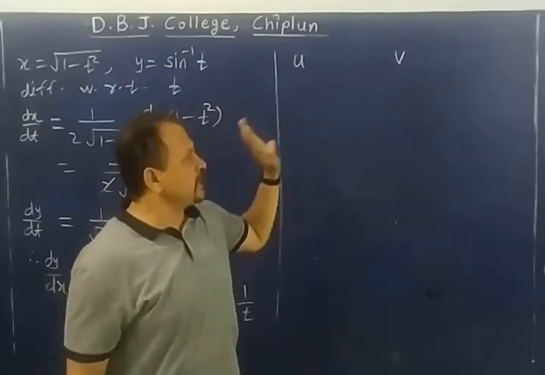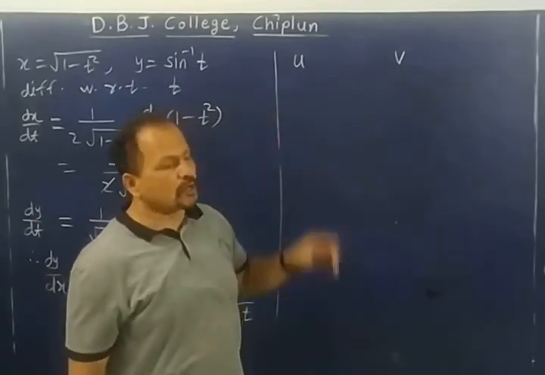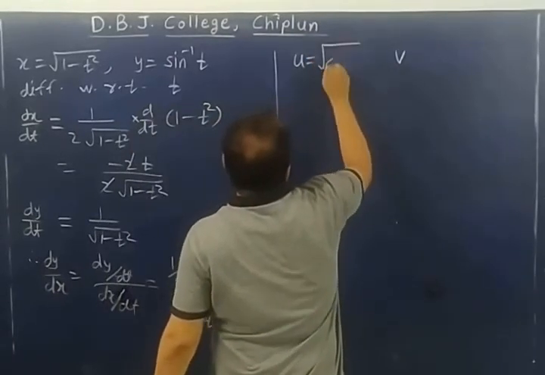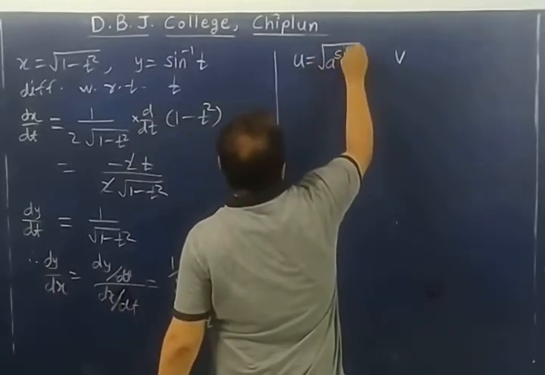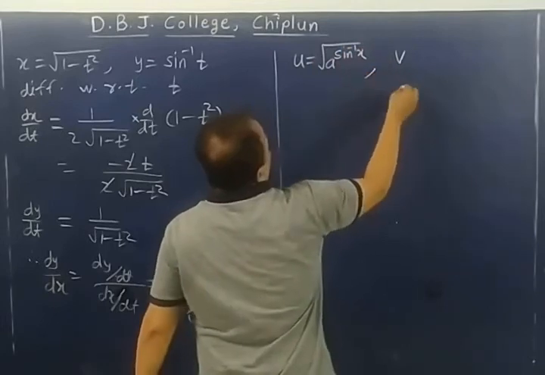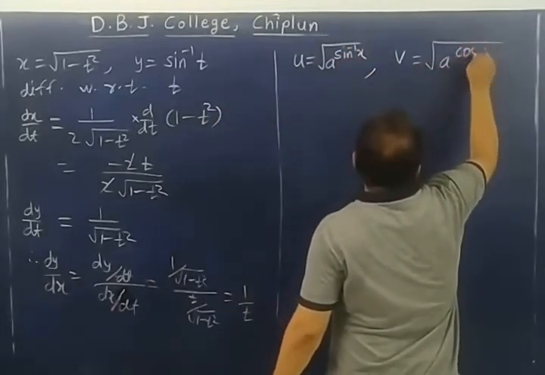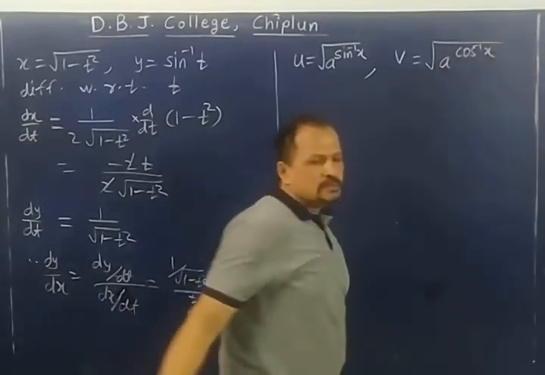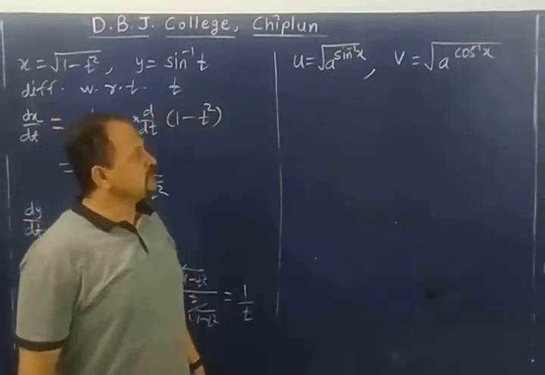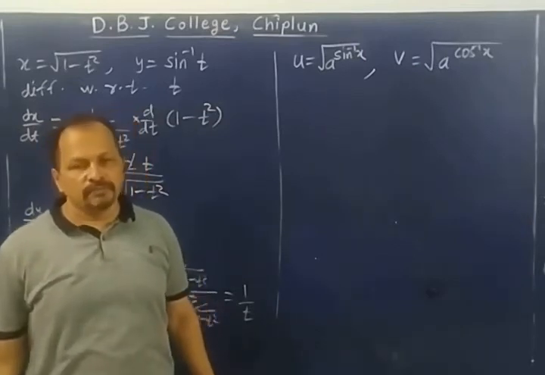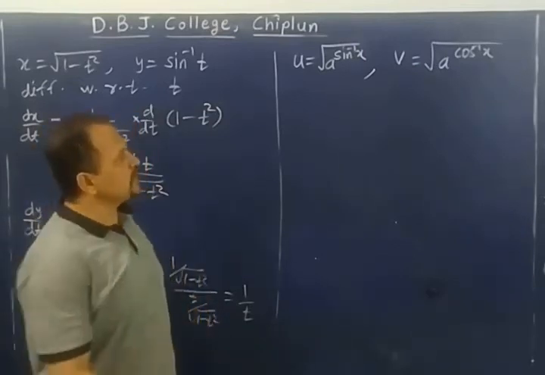Such notation can be there. I'll take one more example. If u is equal to square root of a raised to sine inverse x and v is equal to square root of a raised to cos inverse x, and I want derivative of u with respect to v,